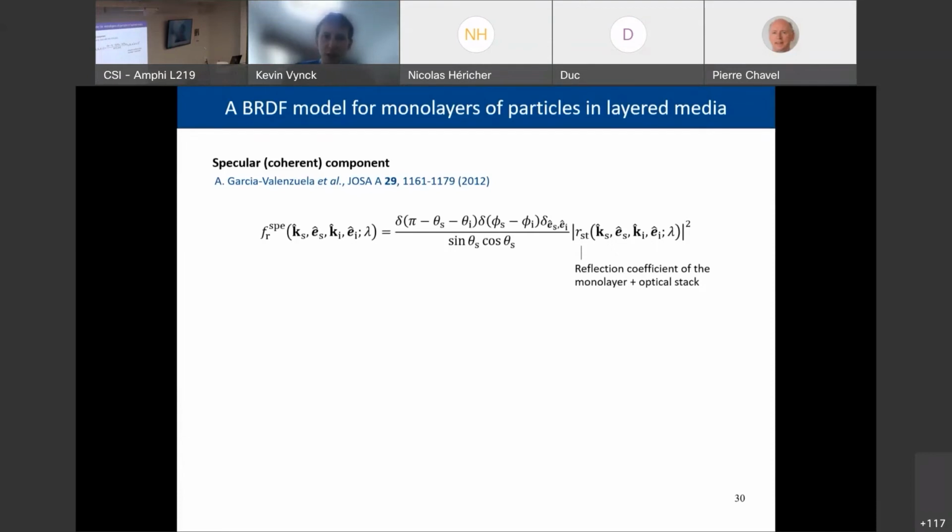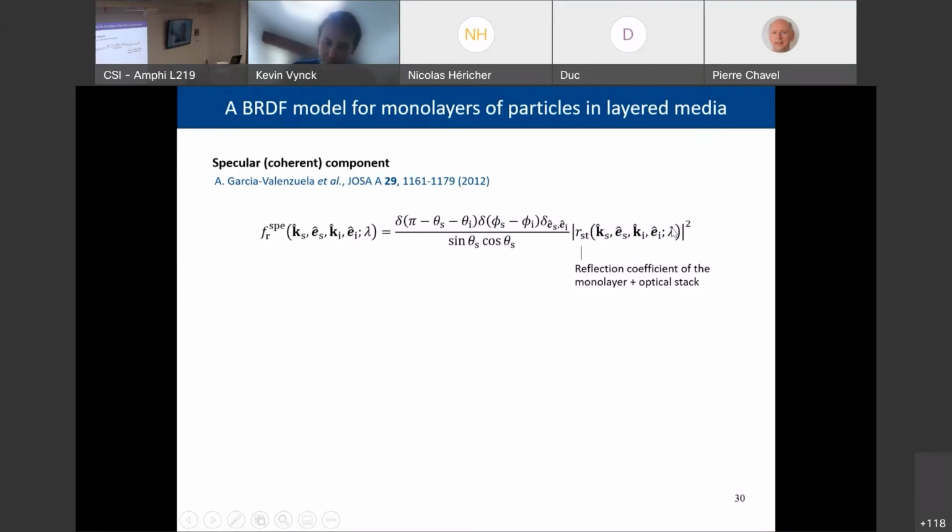Essentially, you have a BRDF made of Dirac deltas, because this is specular light, so the direction of reflection is directly given by the direction of the incident light. And the reflection will be given by a reflection coefficient that takes into account the multiple scattering, so the interaction